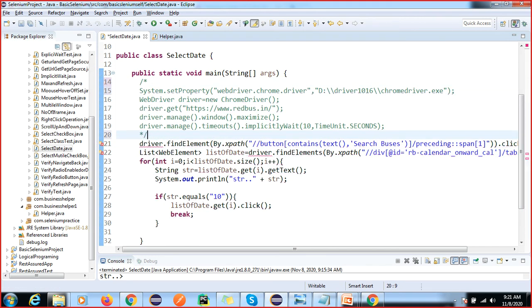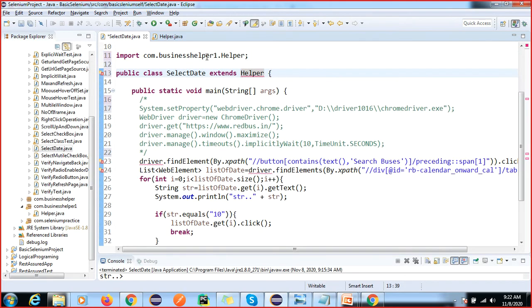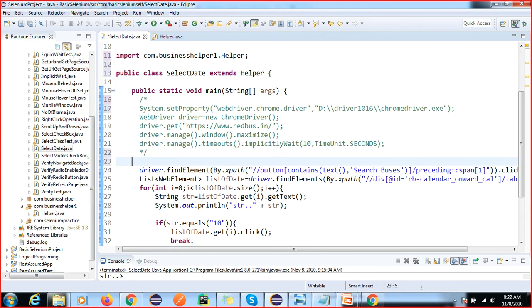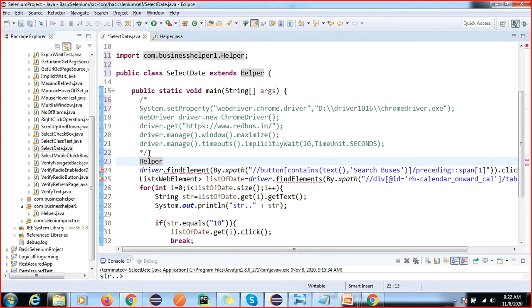Okay, so simply we can extend helper. This is coming from helper, package 2, right? In parallel you are learning how this framework is working. Many components we are not using yet. This is the core part of the framework, and nobody is teaching this core part.